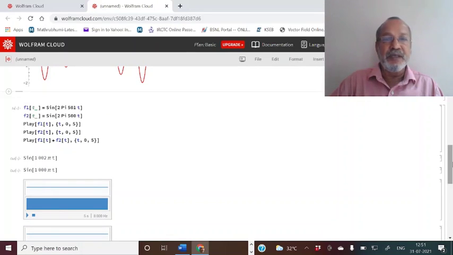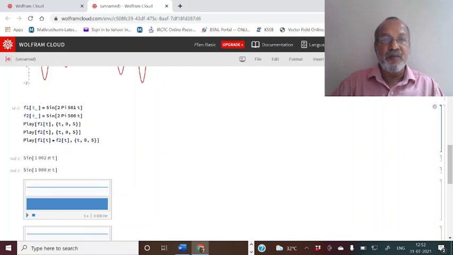In order to hear the sound, the frequency should be within the audible limit. So I have taken here 501 and 500 Hertz. So the difference in frequencies is 1, so you can observe 1 beat per second.